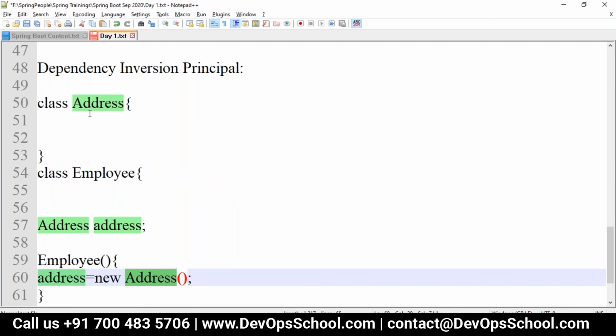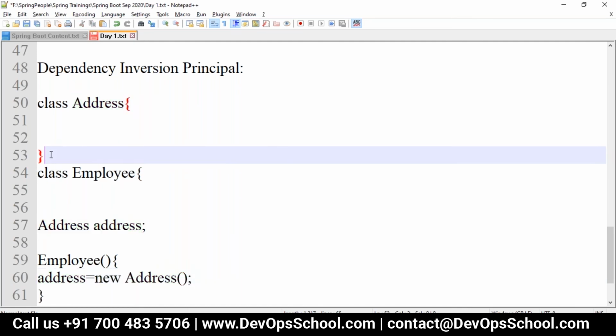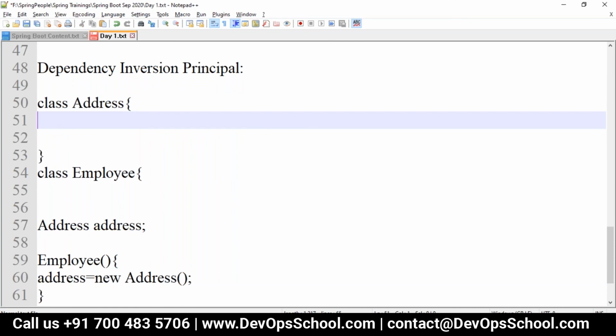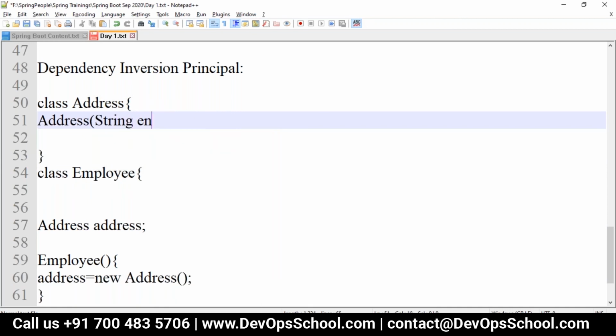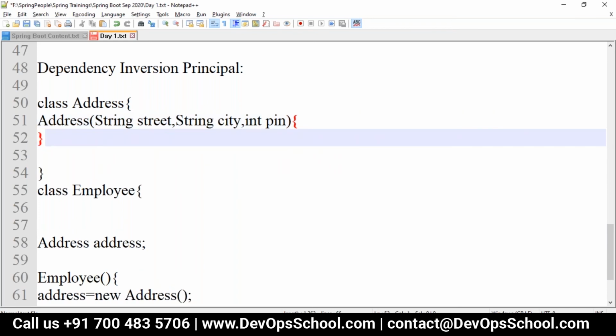But if I make some changes in the class Address, I will create one constructor in the Address and pass parameters, string ename, string street. I have just written some constructor with parameters.